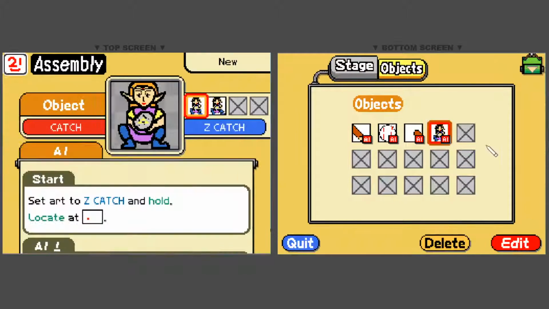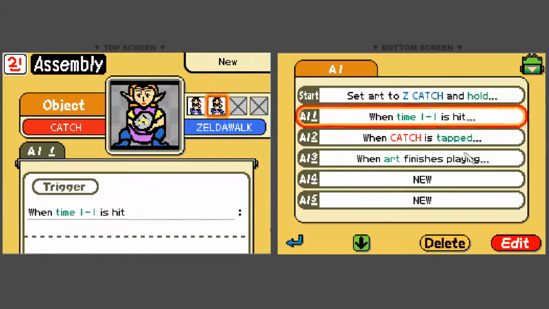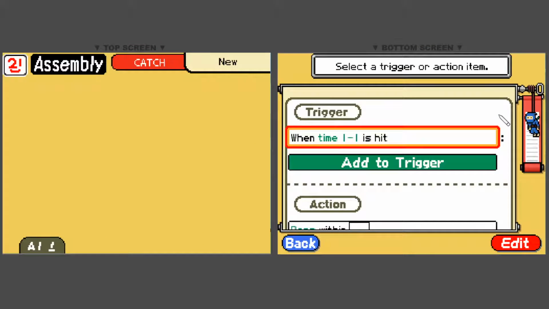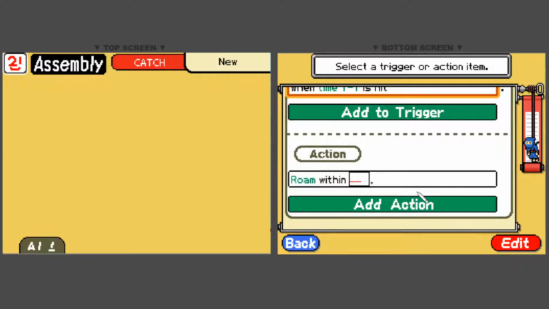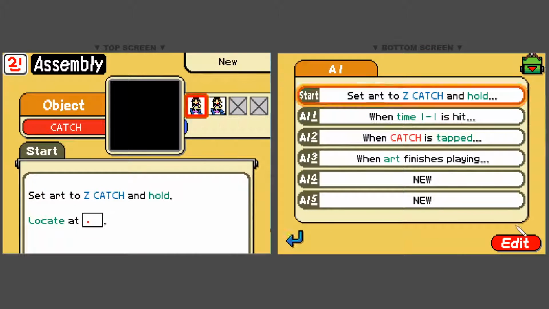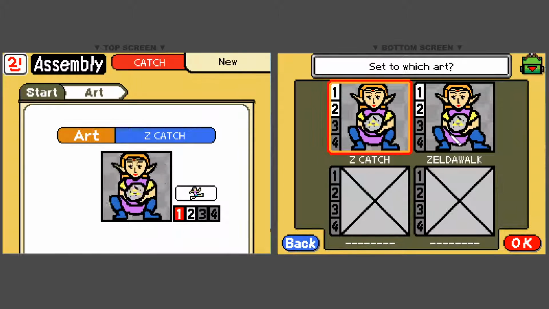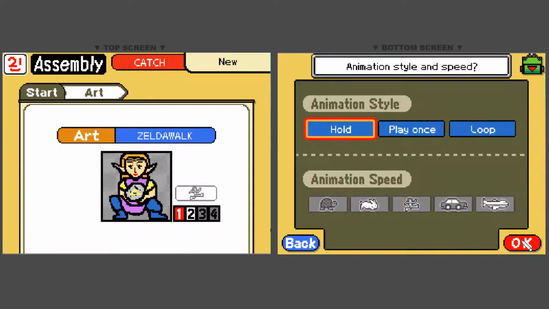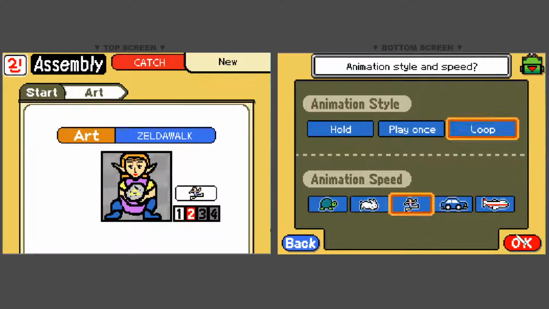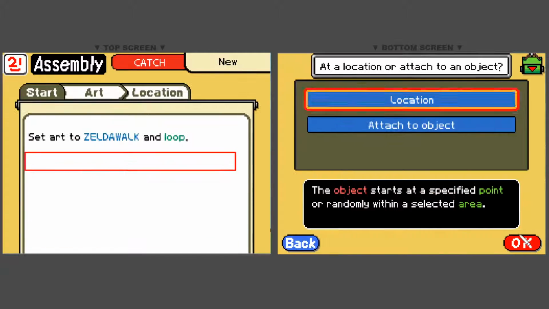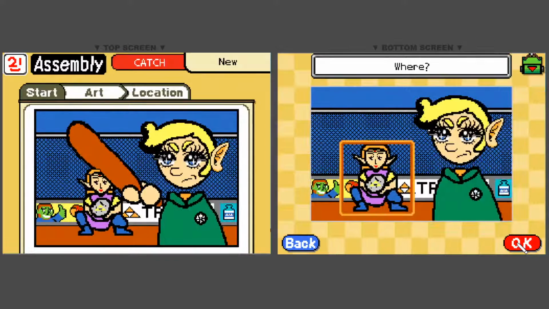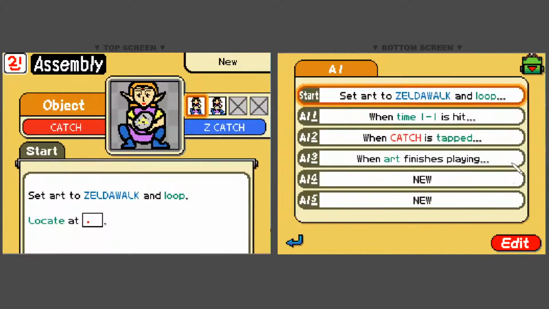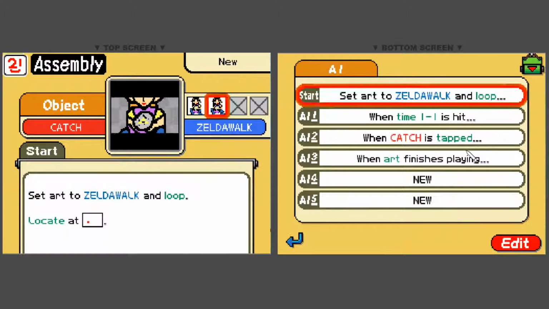We need to go to this one here and say when 1-1 is hit. Oh no, sorry. Go to walk, loop. Probably slow. Okay. Then when